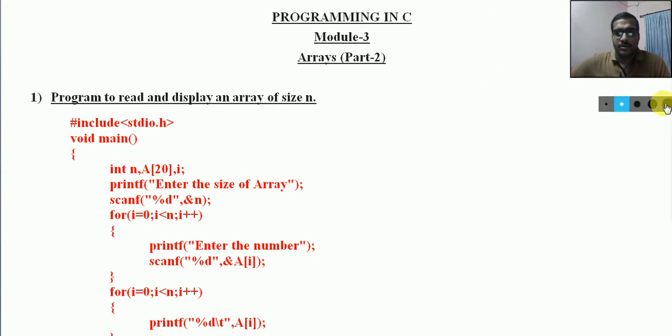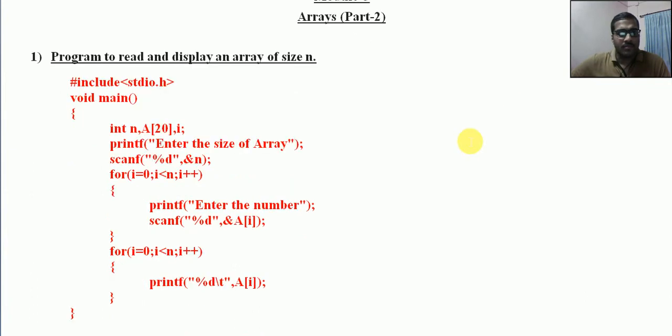So let us start the program. Just look at the program, where we start with a header file, that is usual, that you will be knowing, the header file stdio.h. Then we have the main opening bracket. Now look at this statement. Here there is a variable n. So n is actually used for specifying the size. What is the total number of elements required for reading and printing? So I will simply consider the size n is equal to 3, for example.